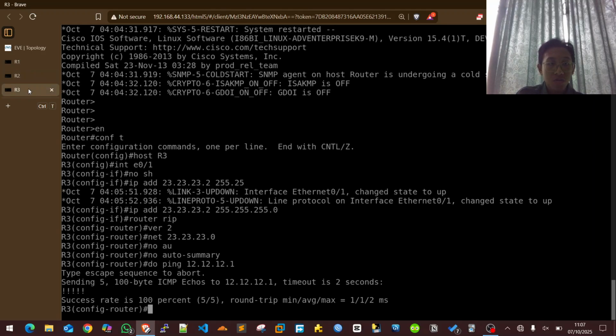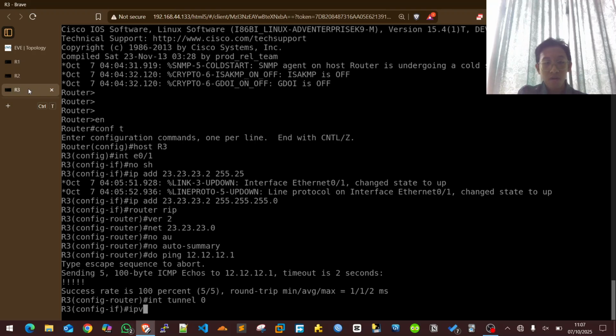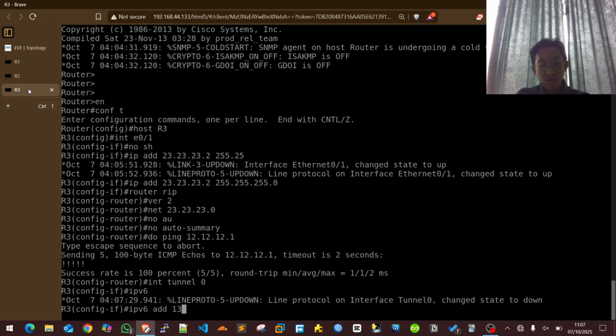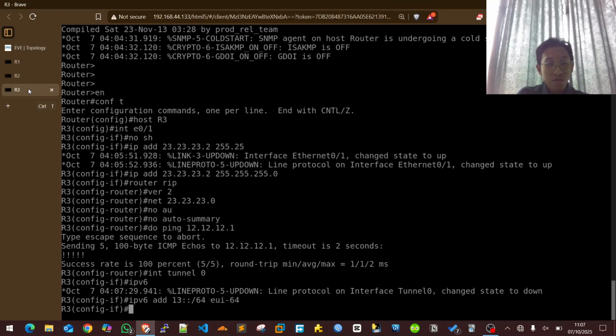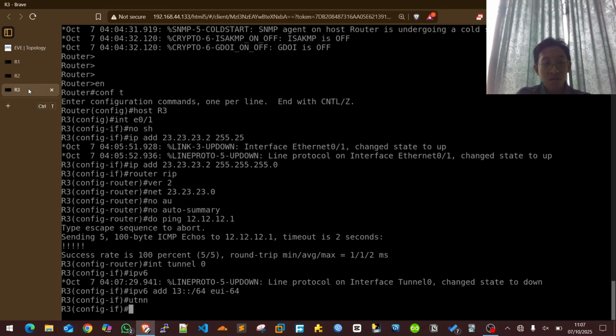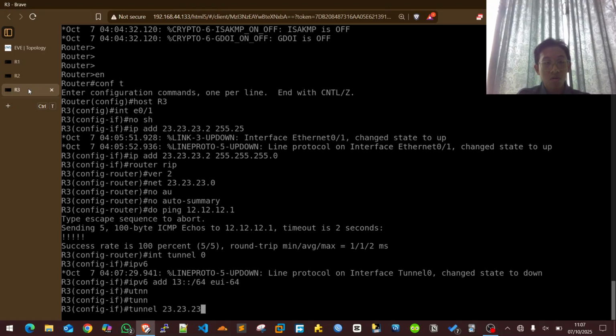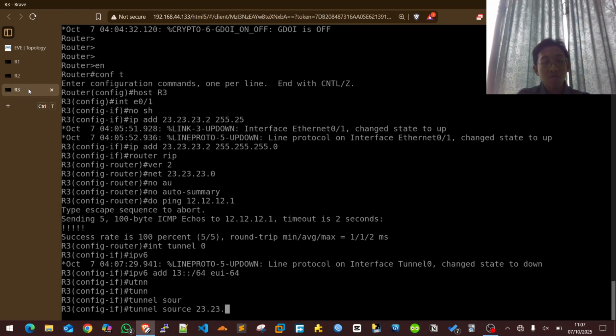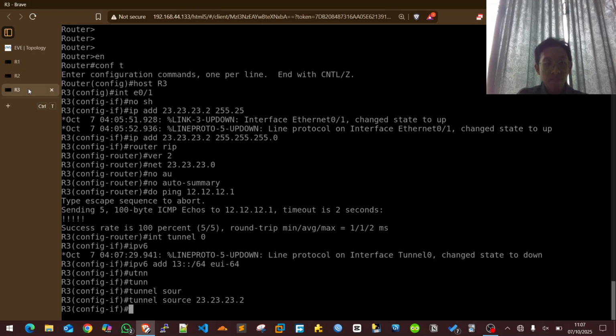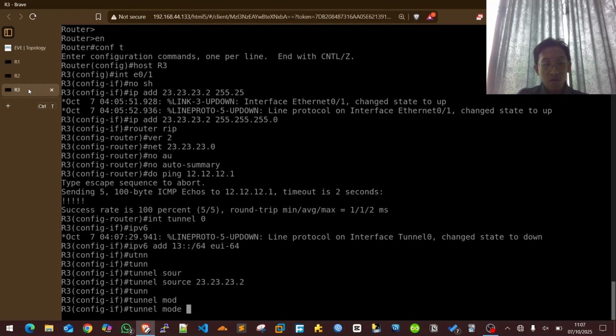And then what we need to do now is go to the other router, the third router, and also add tunnel 0, and then add the IPv6 address, also with the same thing, that is EUI-64, and then set up the tunnel source, that is 23.2, and then the tunnel mode will be ipv6ip isatap.